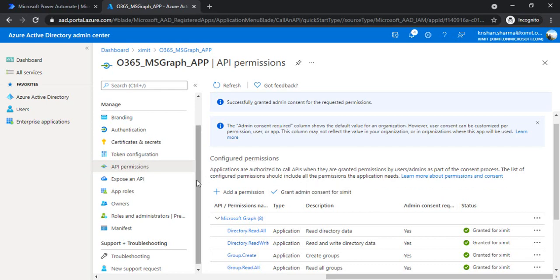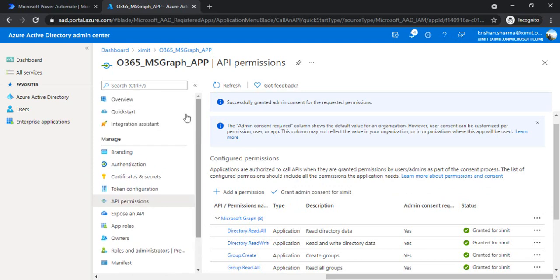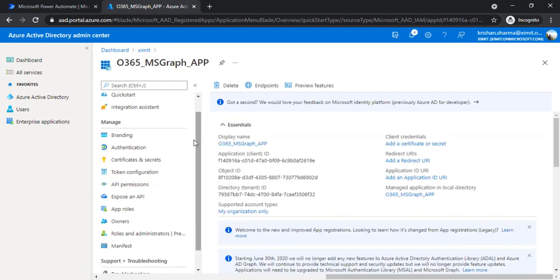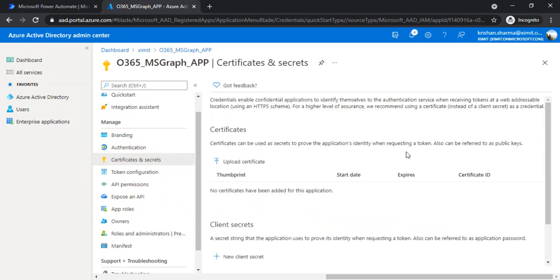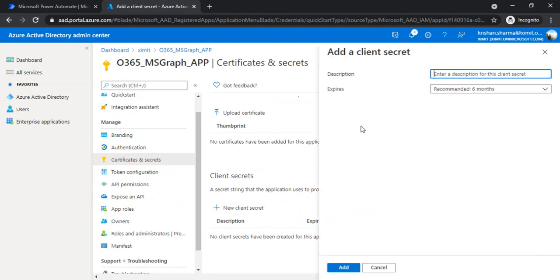And after that, we have to generate the client secret. So you have to go back to your application. I'm just going back to my application by clicking on the breadcrumb, and under the left navigation I will find Certificates and secrets. You have to click on New client secret and give any description you want to give,